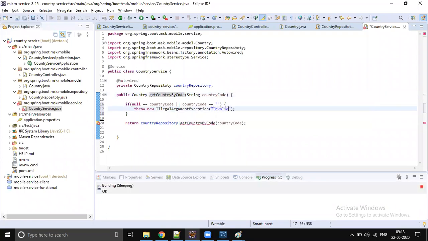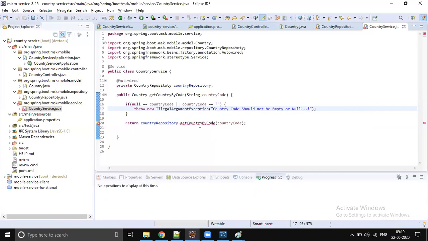So you should say, invalid country code passed, or some meaningful error message that the user can understand: country code should not be empty or null. Some meaningful message so the client can understand. Yeah, let's throw some exception.